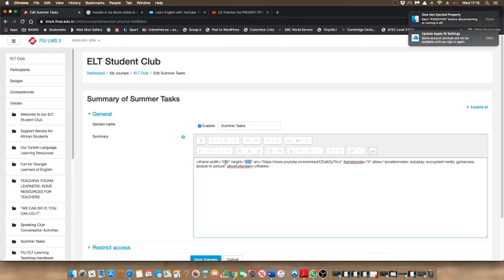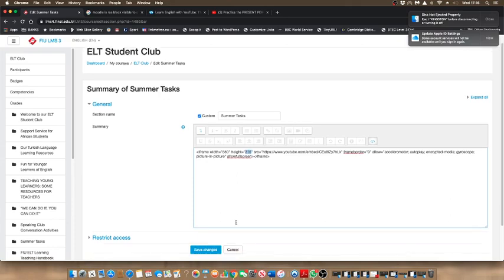Do remember, if you play with these numbers, to keep the proportions. Right, so if you were to change this to 280 to make it smaller by halving it, you would halve this number as well, which would be what, 157. Right, we won't bother doing that, we'll just save the changes